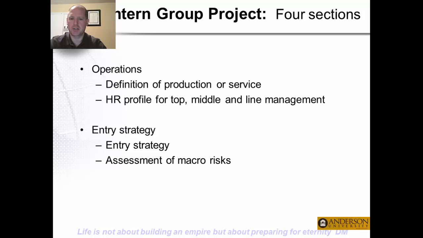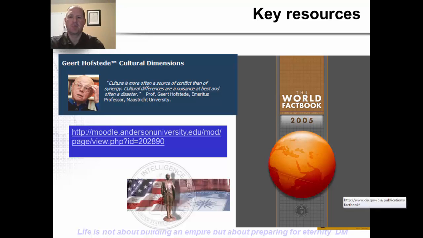assessment of macro risk. So this is looking at, is there a stable political environment? Are there risks with military or terrorism in the area, or even in their own country? Is there a problem with inflation? Is there a problem with unemployment? All these macro type of risks that impact running of a business. And so those are the four sections, and really I just point you to some of our